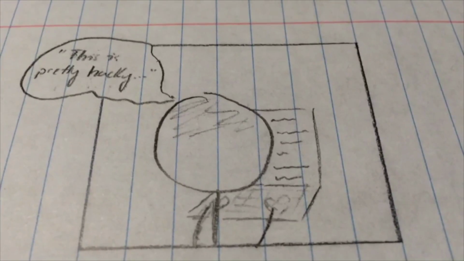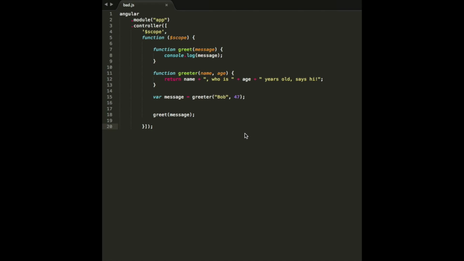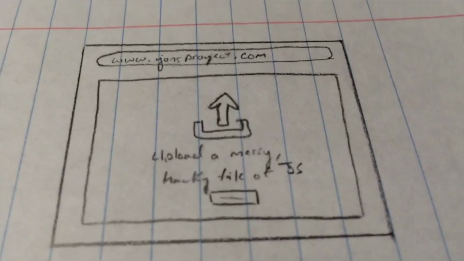So here is Peter, and he's working on an Angular controller. As he's coding away, he takes a step back and realizes that what he's writing is pretty hacky. For example, here is the controller that Peter's working on. This is a really trivial example, a lot more simplified than what it would probably be. But you can see that he has a few functions and states being passed around pretty unnecessarily in order to accomplish what he's doing. So he goes over to this web application, and it prompts him to upload the file